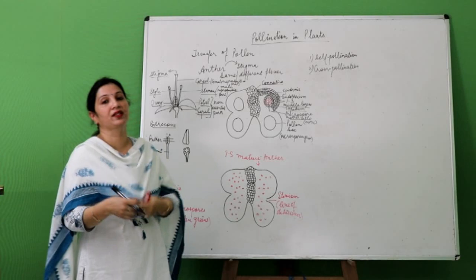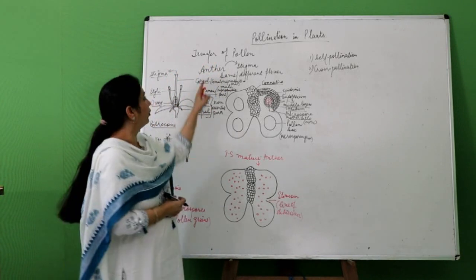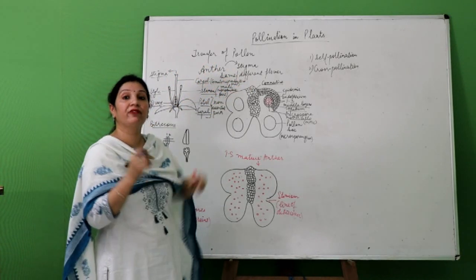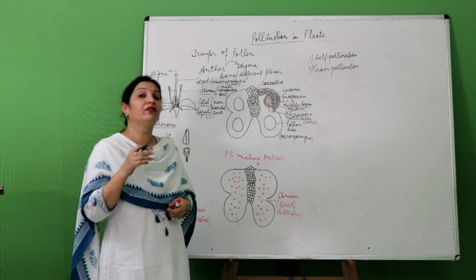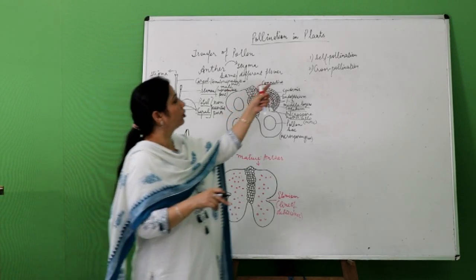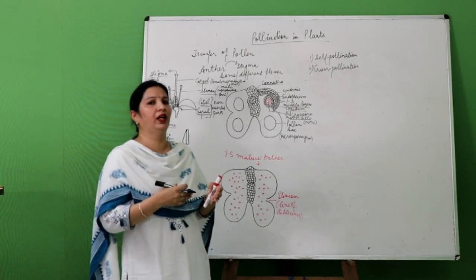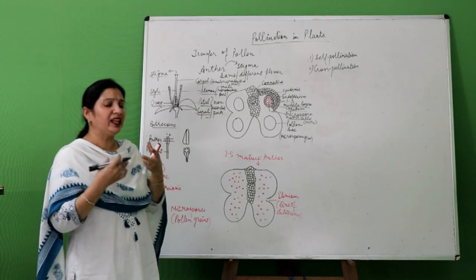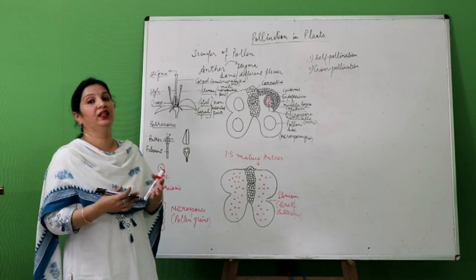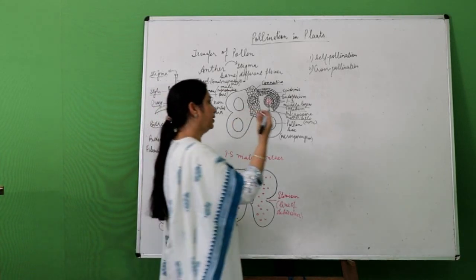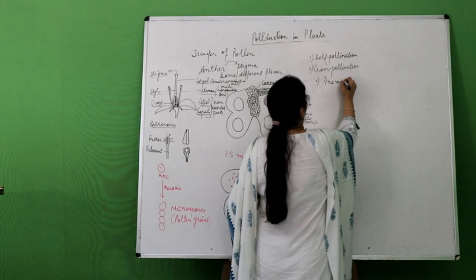Now as far as cross-pollination is concerned, it is a transfer of pollen from anther of a flower to the stigma of a different flower, genetically different flower of some other plant but of the same species, right? So that is cross-pollination. Now when the pollen has to be transferred from one flower to another flower, then some agent or agency is required to do so. So depending upon the agent or the agency that carries out this cross-pollination, the cross-pollination is of following types. The first type is anemophily.